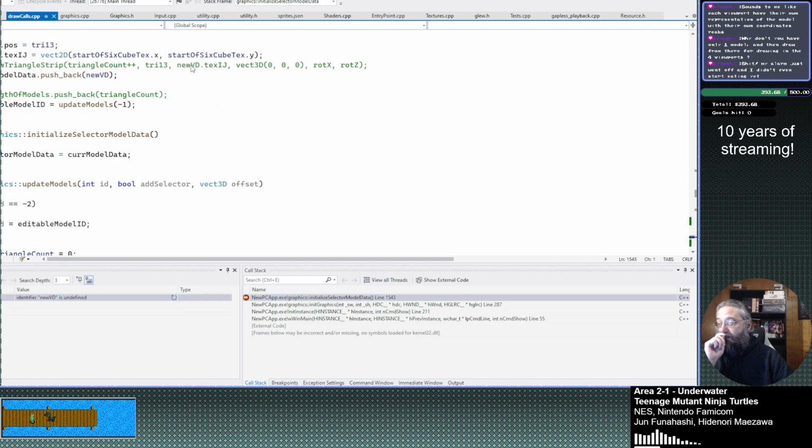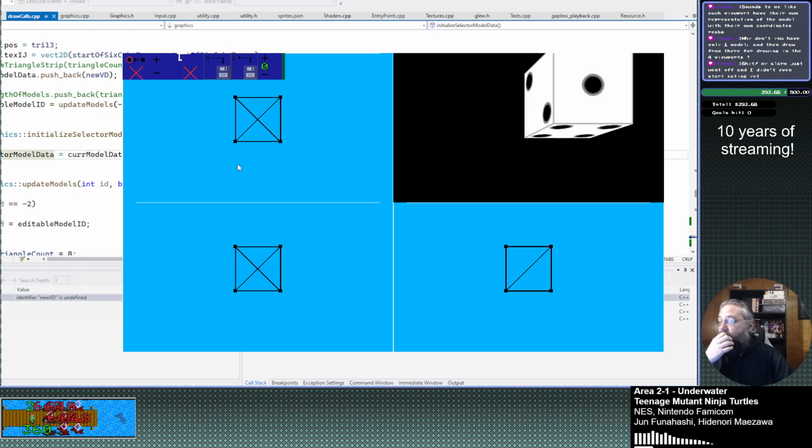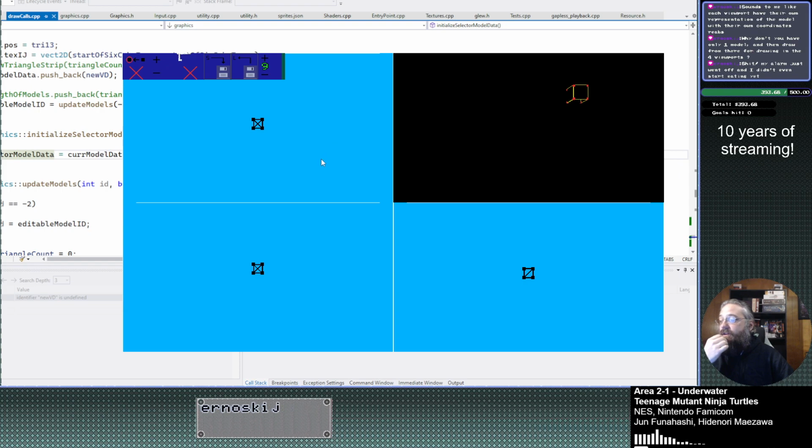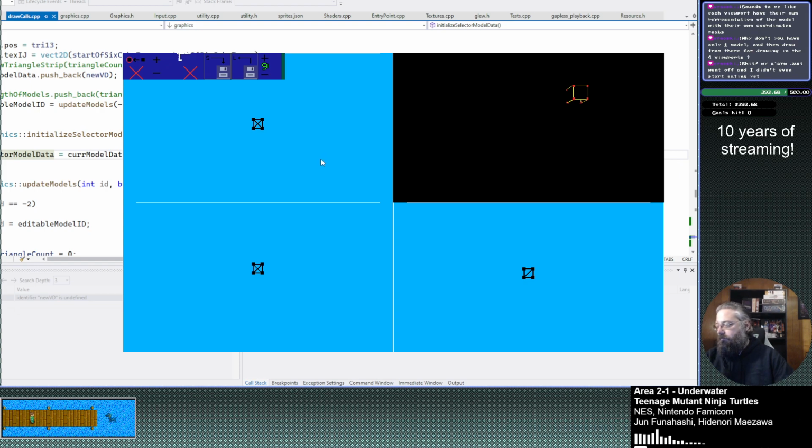Data 1, -1. Close. The Z's still a little off. The Z's actually literally off by 1. So if I want to move the Z by 1,